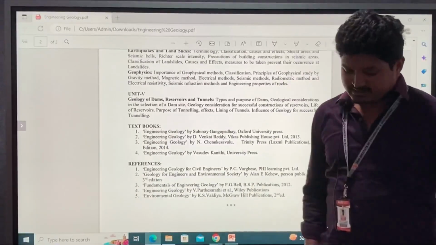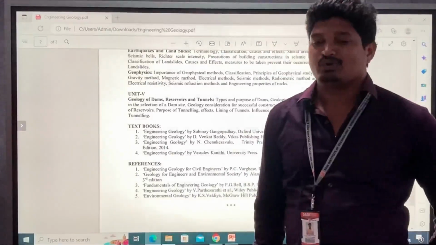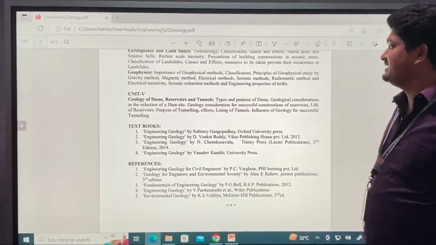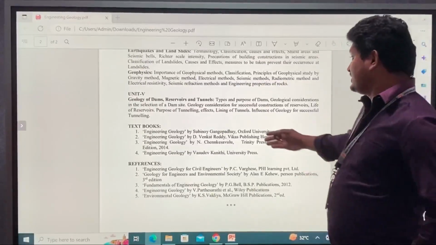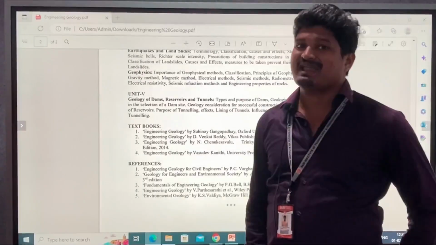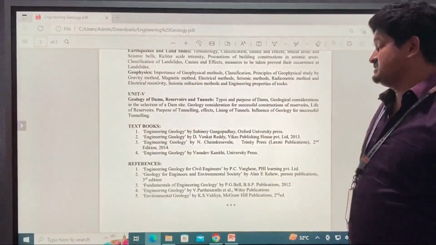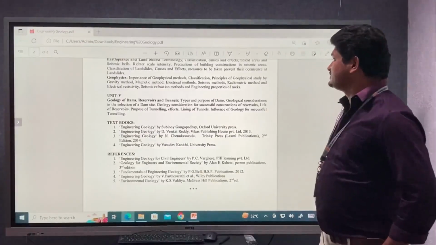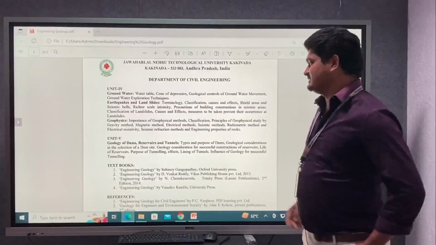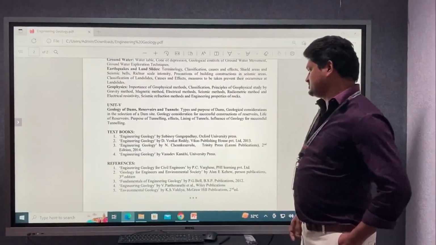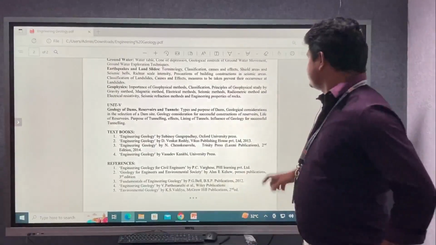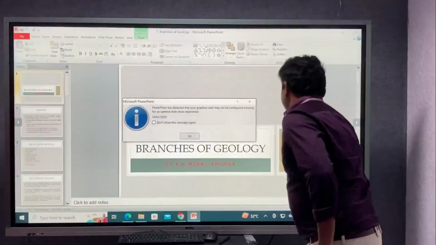Unit 5 is where the knowledge we gain from units 1, 2, 3, and 4 is applied. That is the geology of dams, reservoirs, and tunnels. We learn which places are suitable for the construction of dams, reservoirs, and tunnels. This is the entire syllabus of engineering geology. These are some of the reference textbooks, so that we thoroughly understand engineering geology. Now I want to explain